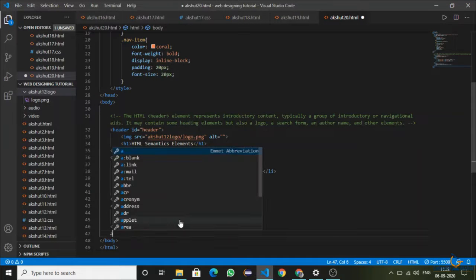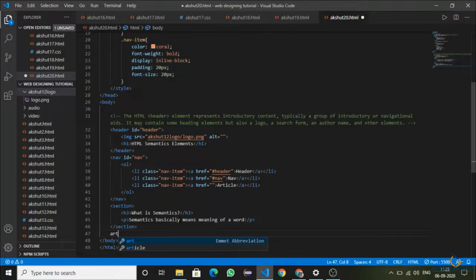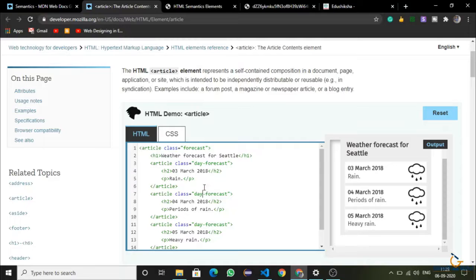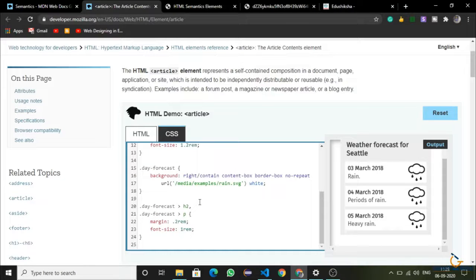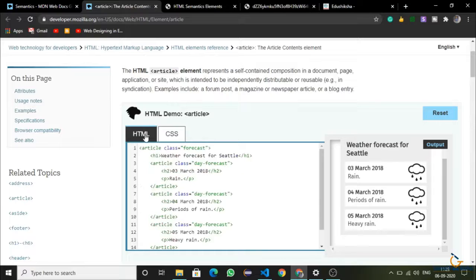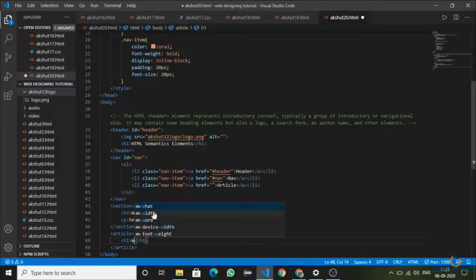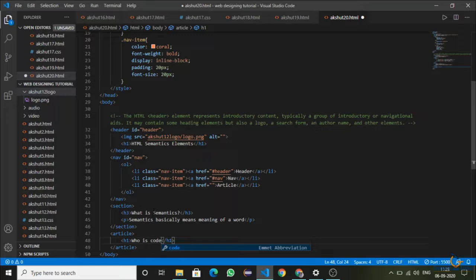I will add an article here and I will paste. So it has used a lot of forecast. So I will use a header. Who is Code with Akshut? I will again change it to H3. I will write a paragraph. Code with Akshut